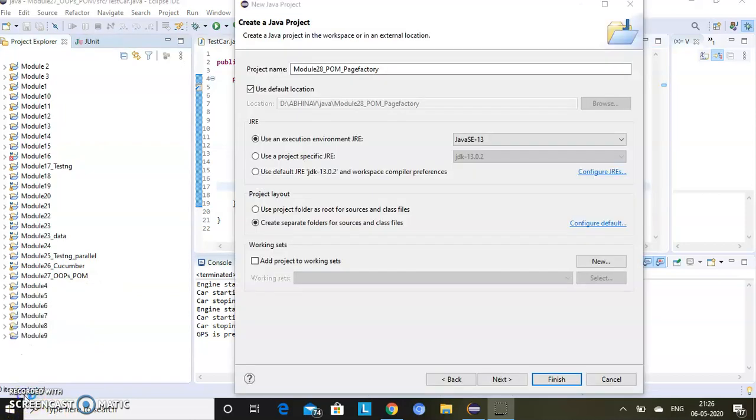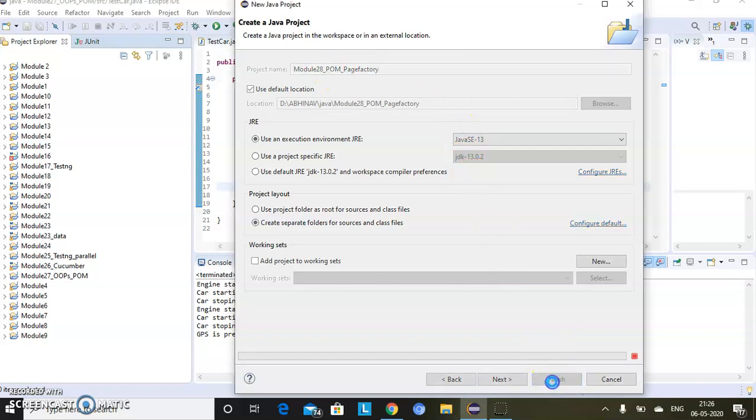Okay, so now let's see why we use this in page object model. I am creating a new module, module 28 POM page factory. Finish.